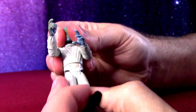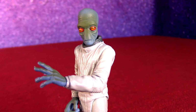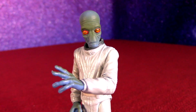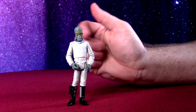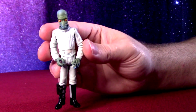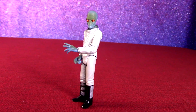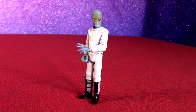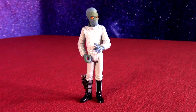We got the waist and arms and legs and head. He's kind of in his own little weird pose here. He's got that space suit. Does kind of lean weirdly the way these legs are, but he stands up just fine, which is a huge problem with a lot of these older figures, that they have kind of weird stances. And again, the body type is not like some buff, hulked out version that some of these earlier figures had. Very realistically proportioned, so he's going to fit in any collection, even if you have a lot of high quality